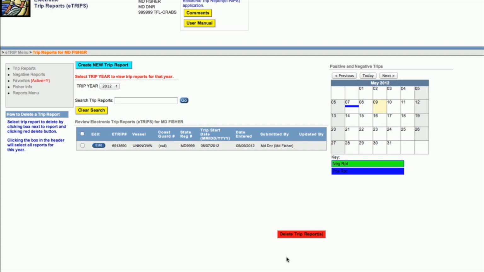And it takes you back to the main trip reports menu. You can see the month of May is there. And on May 7th, you have a trip report listed. This blue line means a positive report, which means you went fishing or crabbing that day. And if this is all you did in the entire month of May, you would be compliant for reporting on this license in May. And if you ended up needing to make changes to that trip, you can click on this Edit button here,